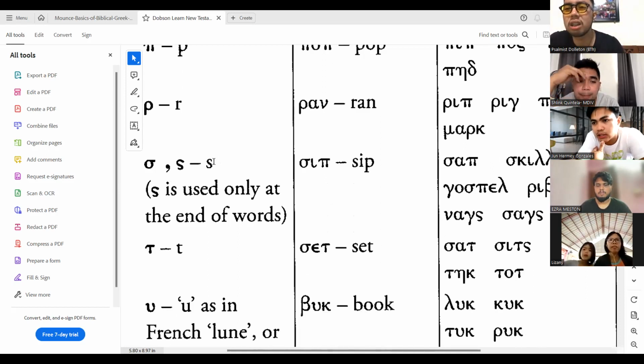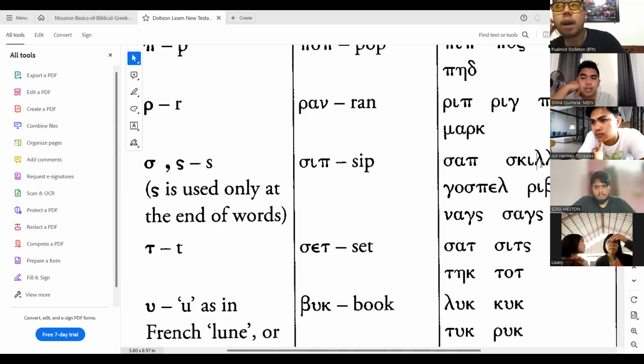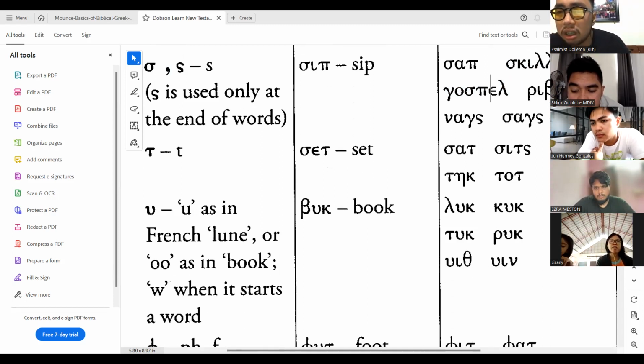Sigma, remember this is a beginning and middle sigma, and then this is the final form. Sap, skill. Again, this is very English, no? This is English in Greek letters. Skill, gospel, ribs, nags, sags. Okay, and then the tau sound, sat,